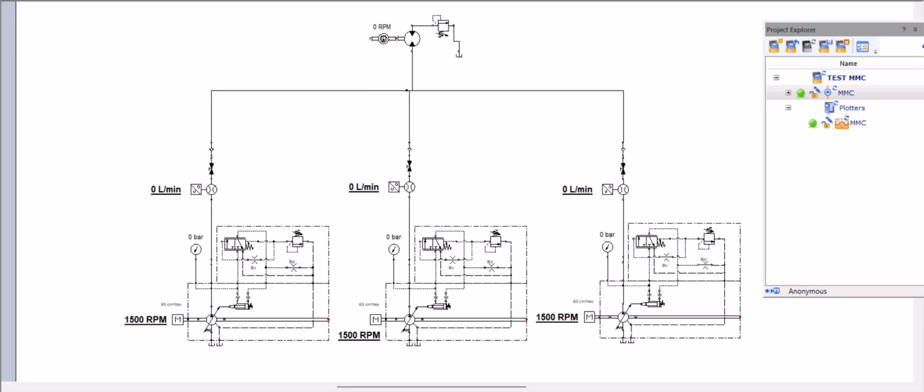This is the second part of the test where we compare the SwashPlate movements of three axial piston pumps connected in series. However, this time the axial piston pumps are pressure compensated pumps. There will be two parts of this experiment and we will go one by one for both the parts. In the first part,